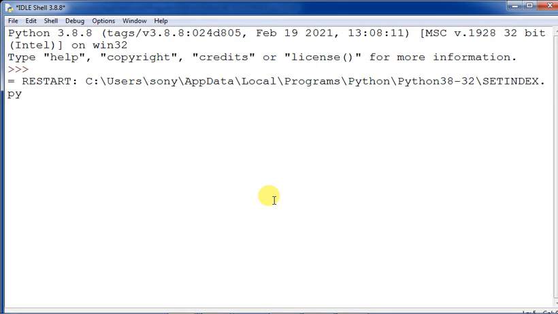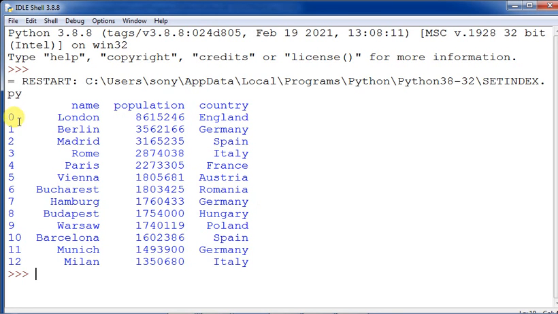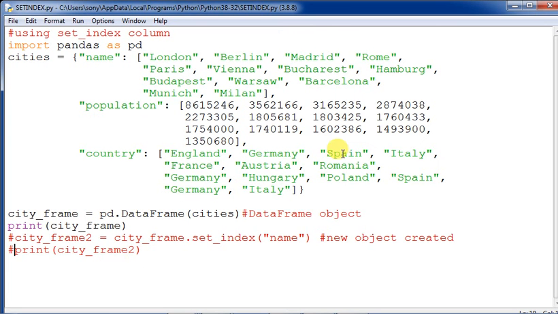So the data frame, how it is appearing, first of all, we will see here 0 1 2 3 4 5 6 7 8 9 10 has come as usual. Okay, that is the thing. So now what we are doing, this country column we are adding as index. Okay, so that is actually the reindexing or set index. Fine, that is the thing.